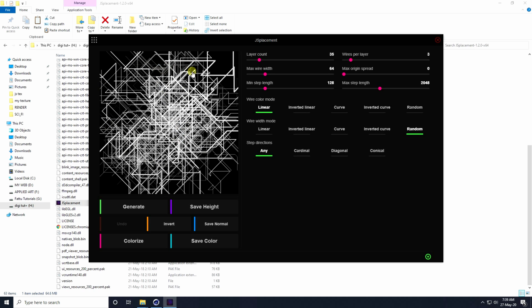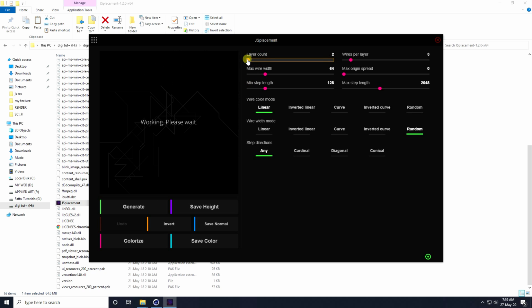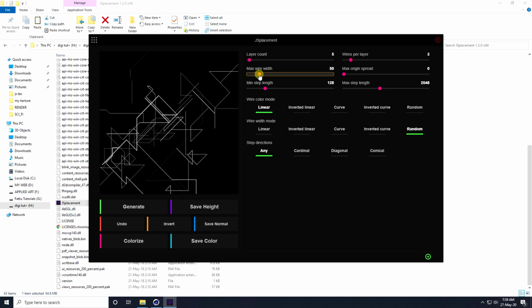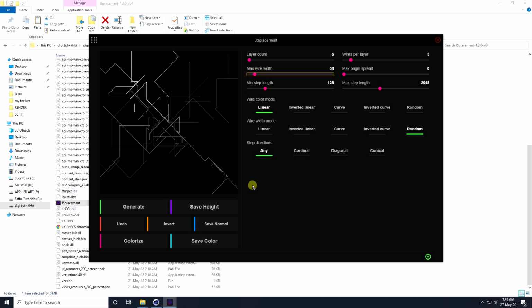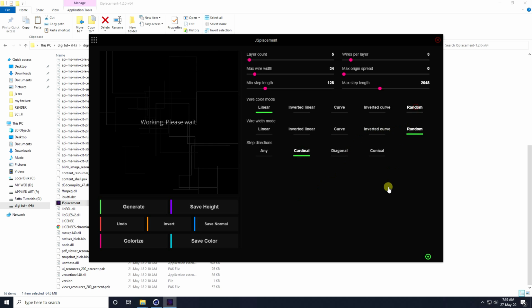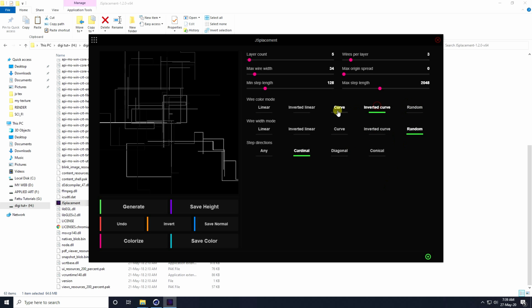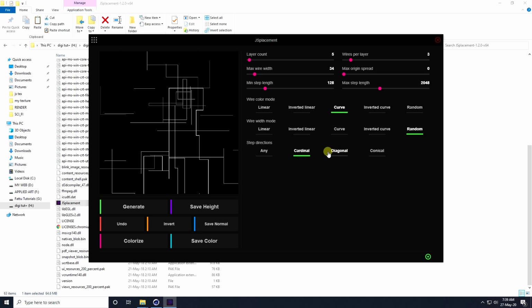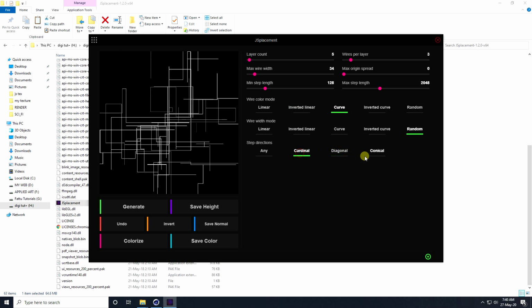But I don't like this too-high layer count. Decrease this layer count, a little bit increase. And decrease the max wire breadth a little bit. Okay, I also change the pattern. You can change to any pattern. I like this one.